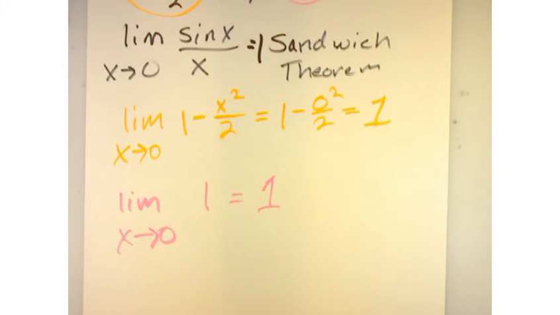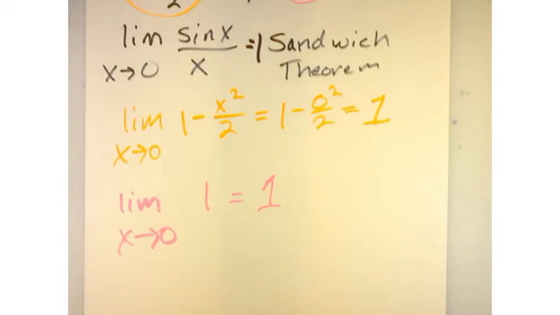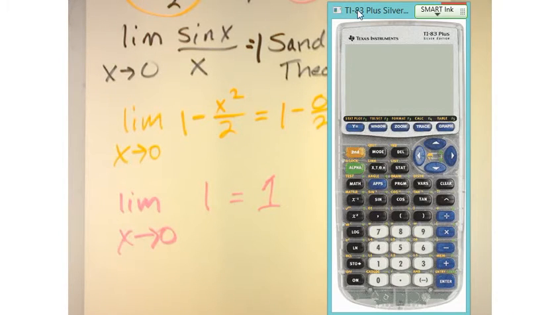Now we could verify this. We can verify this graphically too. It's just this proves it, right? So if I graph this function,